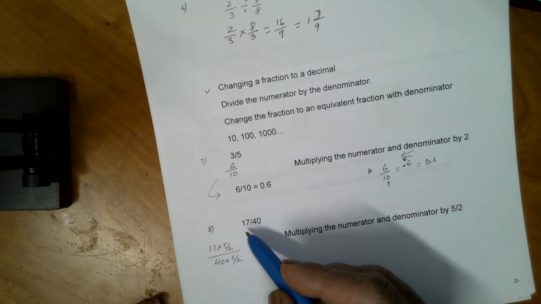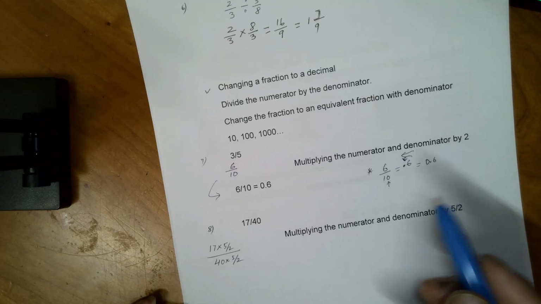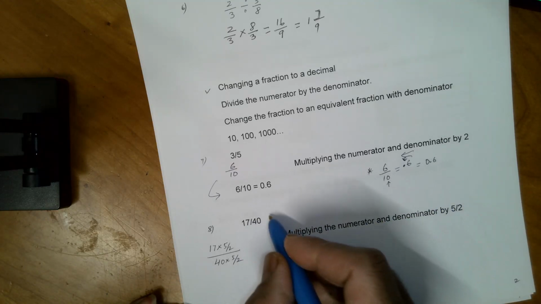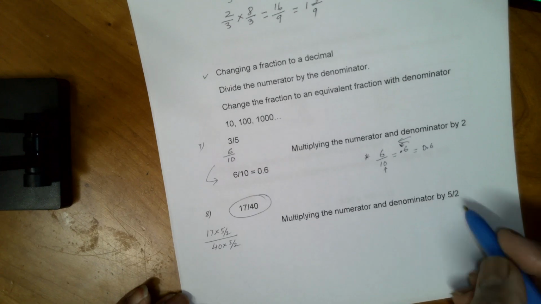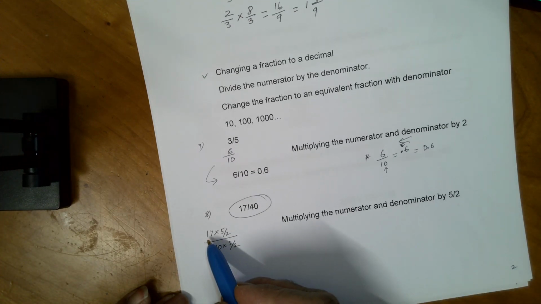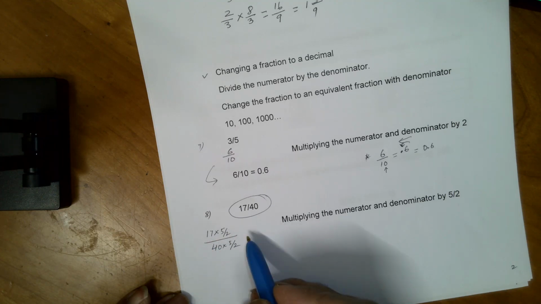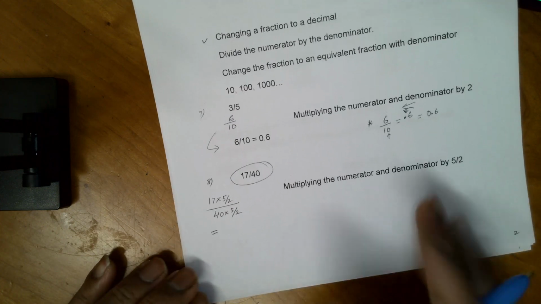This fraction is 17 divided by 40. In this kind of example, we multiply the numerator and denominator by 5 by 2. So 17 is multiplied by 5 by 2, and also 40 multiplied by 5 by 2. And that will give us